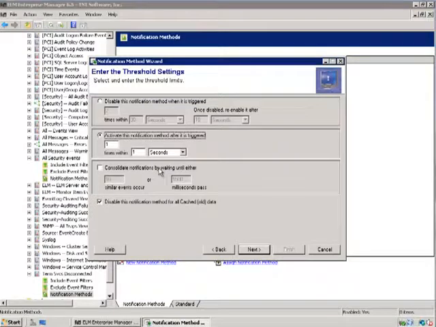However, if we wanted to know only after something such as multiple logon failures occur, we could go ahead and change these settings. An example is if we were to get 3 consecutive logon failures within 10 seconds, the ELM server would keep track of how many times that event has been registered and alert us only after this threshold has been met. So we're getting notified for 1 out of every 3 logon failures that would occur within 10